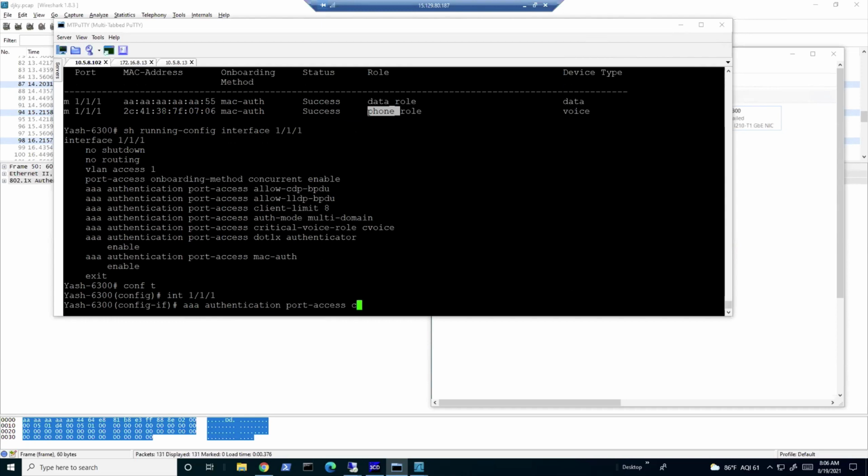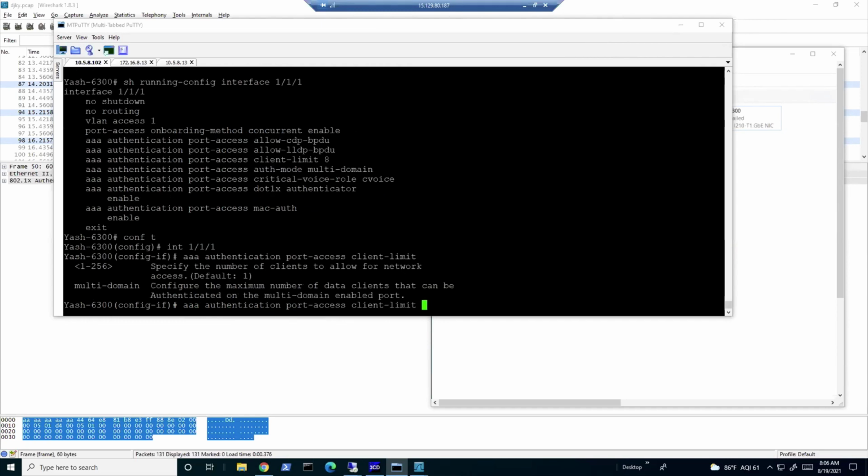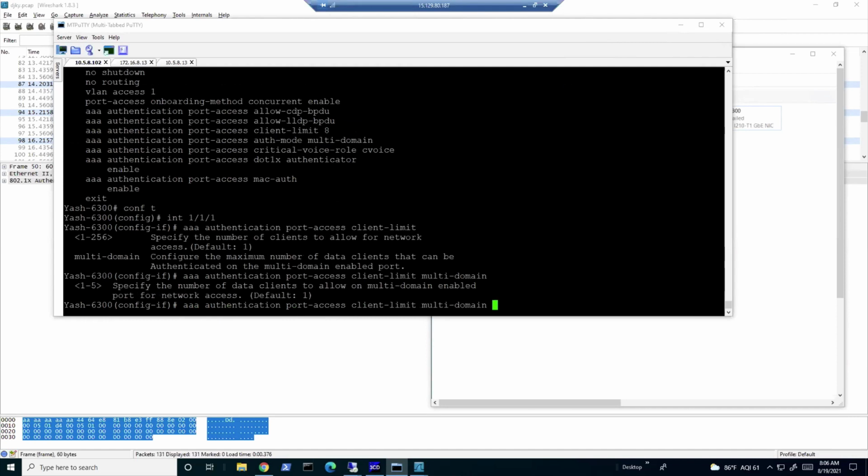Same way how we used to configure the client limit, no change, but in front of the client limit now there is a multi-domain authentication client limit. So maximum it is allowed is only 5. You can ask where this magic number is coming from. Again, it is a request as the requirement of a customer. We are doing this one.